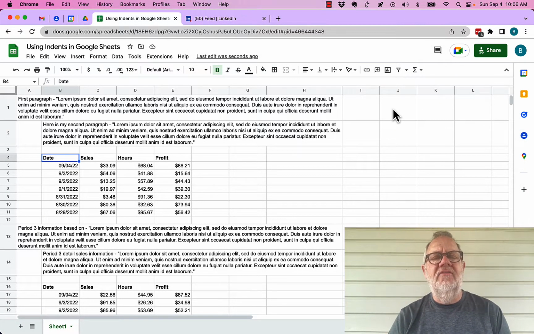And the question I got asked this morning is, how can I create indents in Google Sheets? And I'm going to show you an idea that I have, since there is no actual function in Google Sheets